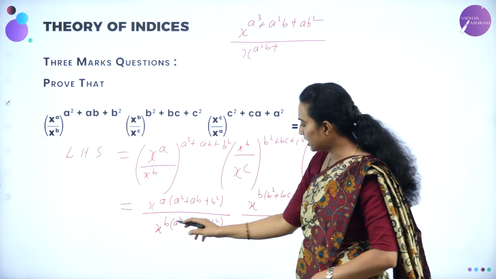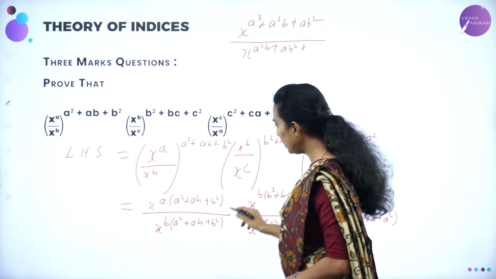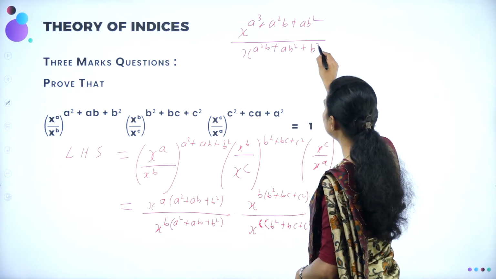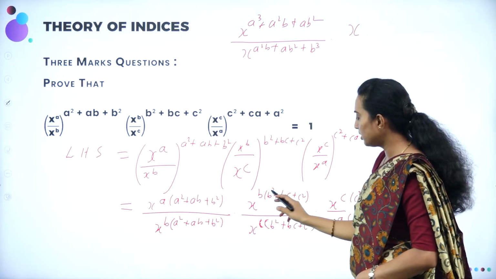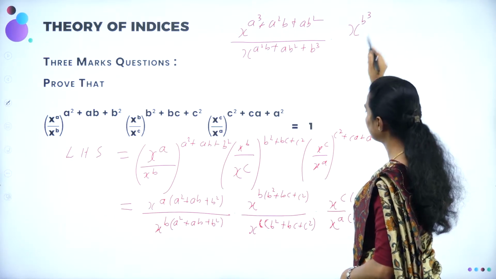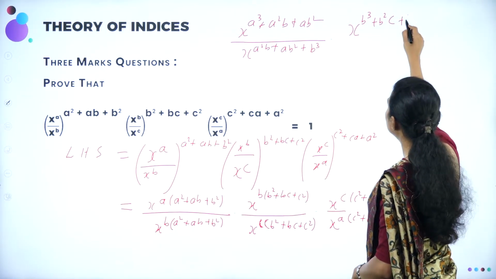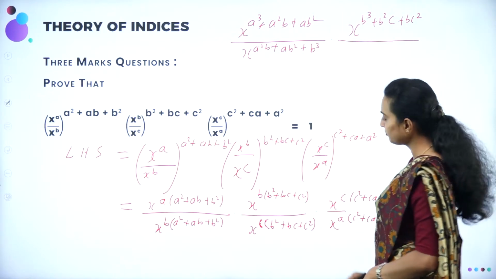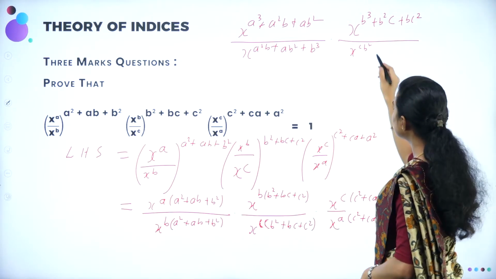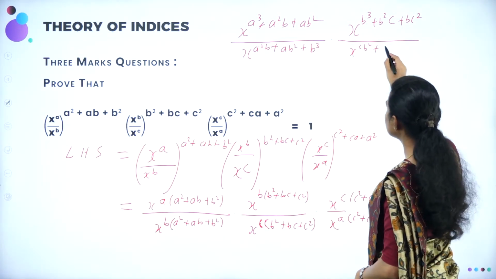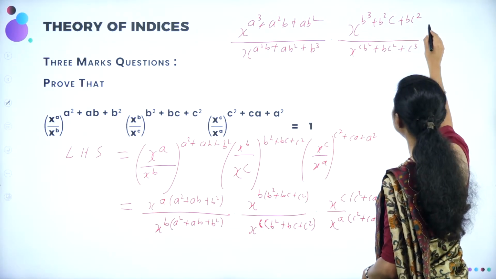Plus you are going to have b into ab is ab squared, plus b into b squared is b cube, correct? Similarly, I am going to multiply the numerator, this one: b into b squared is b cube, b into bc is b squared c, b into c squared is bc squared, divided by c into b squared is cb squared, plus c into bc is bc squared, plus c into c squared is c cube, into x to